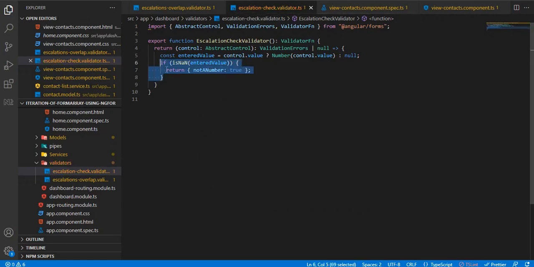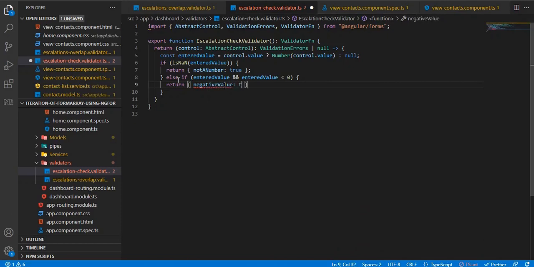And the other condition we need to check is if the entered value is defined, and if it's defined, if it's less than 0, it cannot be a negative number. So we need to return a negative value as true.